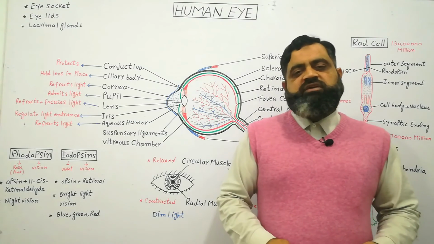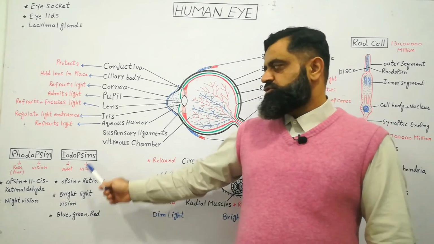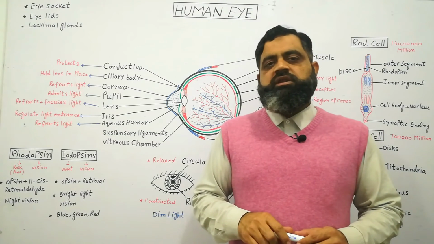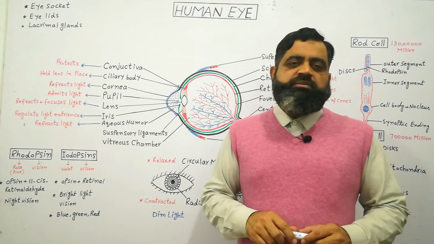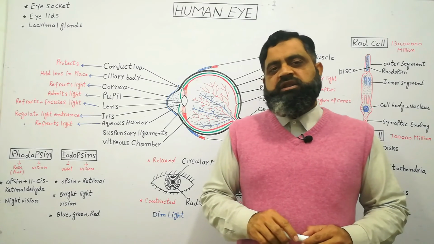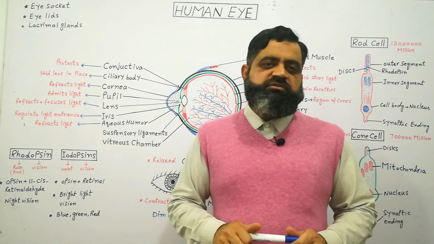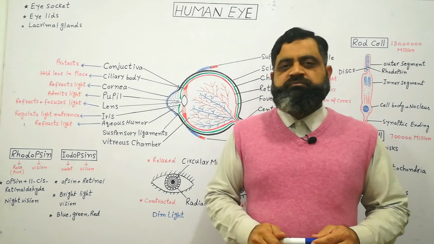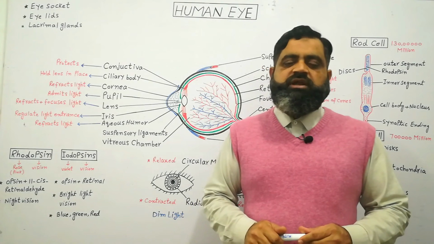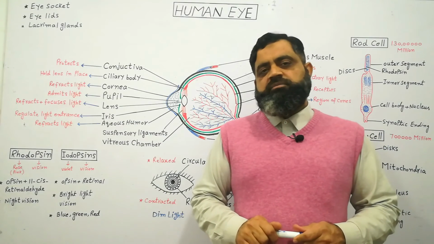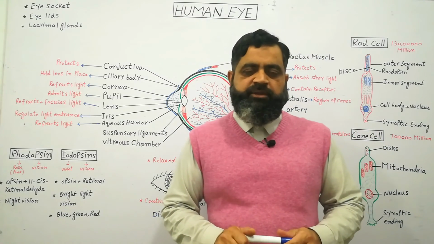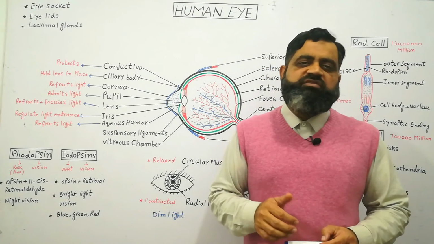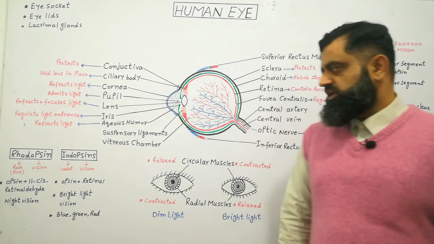But if there is not enough production of iodopsin, then a person cannot distinguish between the colors green, red and blue, and the person will become color blind. It is also a genetic problem. Sometimes a person genetically cannot see blue, green or one of the colors due to a problem in the iodopsin, and the condition is called color blindness, which cannot be treated by taking vitamin A. But vitamin A deficiency can lead to blindness at any age and weakness of the eyesight.